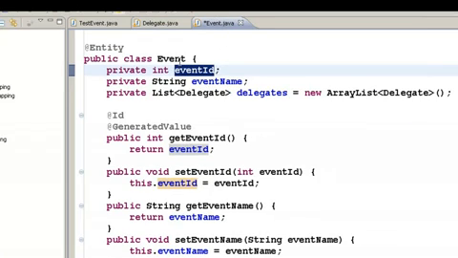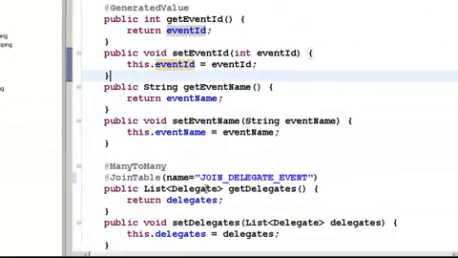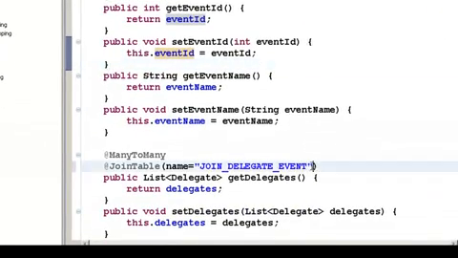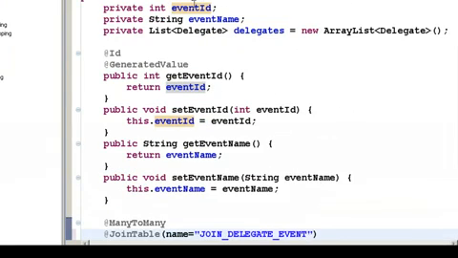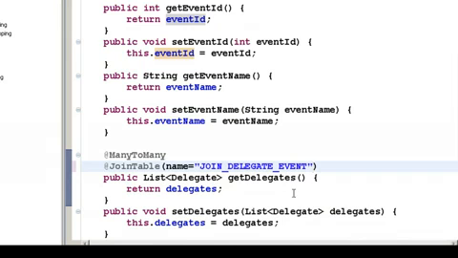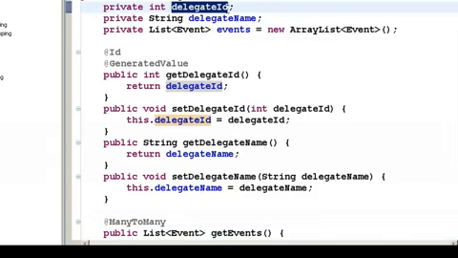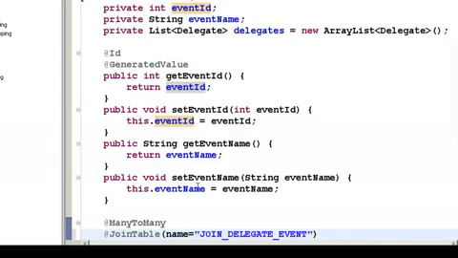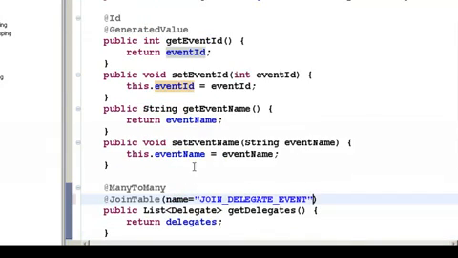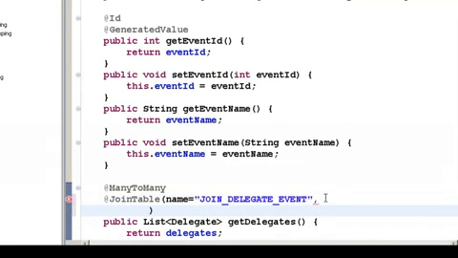But since I am programming in the event class, what I'll have to do is define event ID as the join column and delegate ID, which is in the other class, as the inverse join column. Let's take a quick look at it. So now let us go to this event class, and in this event class you have to say comma,